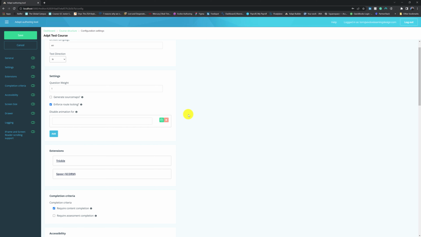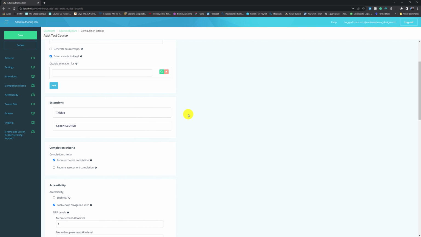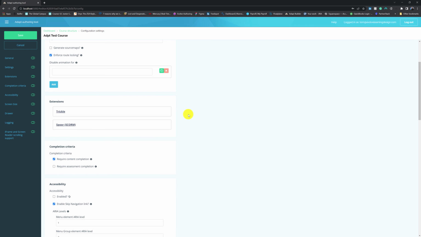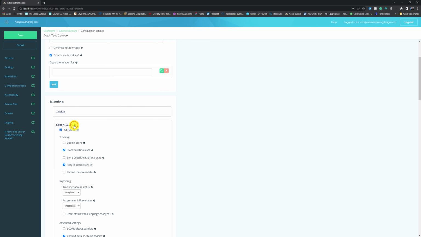You can also disable certain types of animations and set the specific details for your extensions. A good example of setting extension details is Spoor, which is how you set up your SCORM tracking. This would be an important one to sort out before downloading your course. So all you do if you want to change the settings inside your extensions is click here and they expand